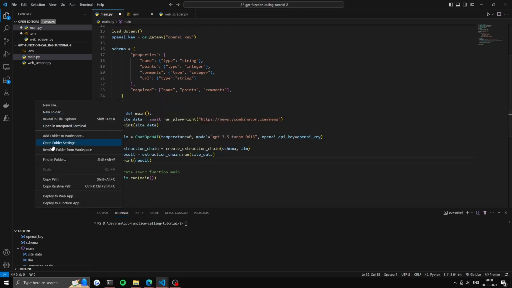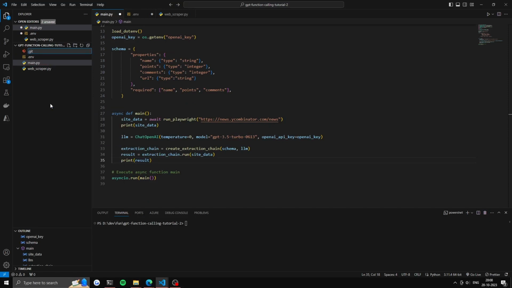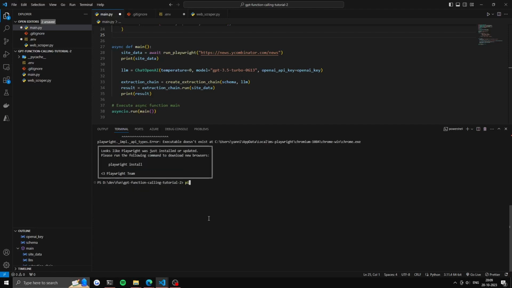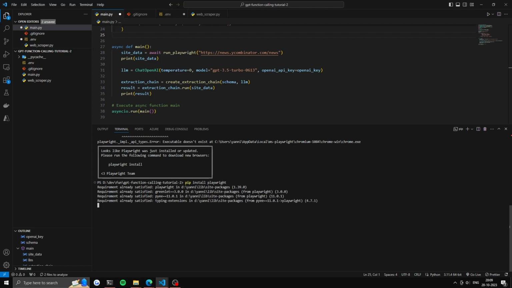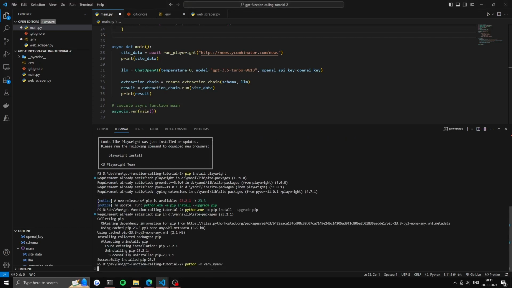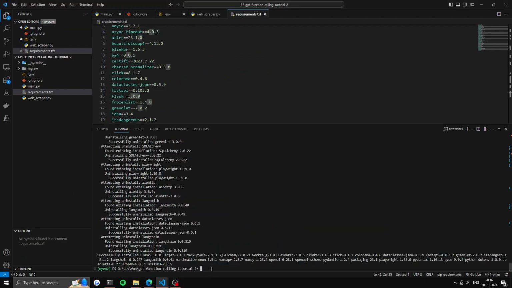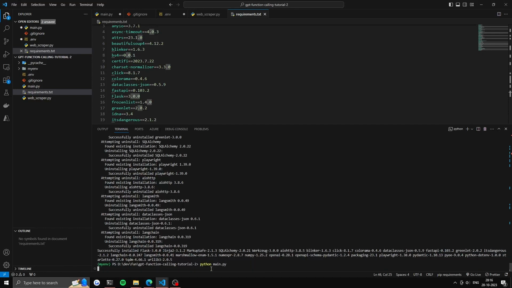But first, before we do that, I just want to create a quick git ignore. Never forget that. And in your git ignore, you put the .env. Needed to install that. Creating a virtual environment so our packages don't conflict with each other. Okay, I activated my virtual environment, then I just freeze the requirements.txt. Okay, I finally installed the latest packages, and then we are going to run the program,